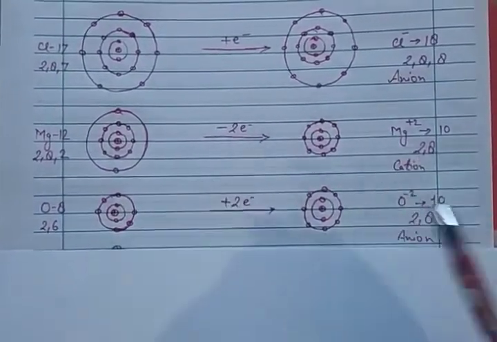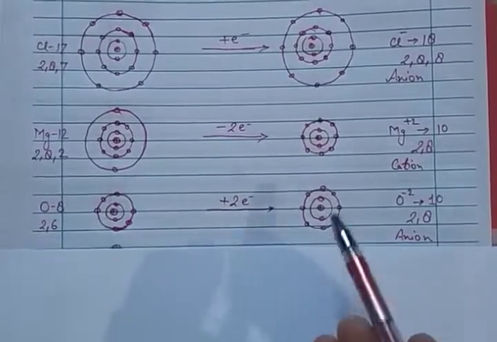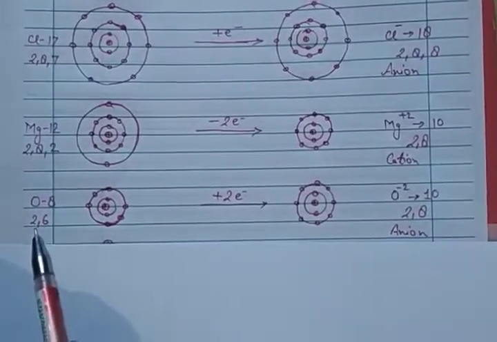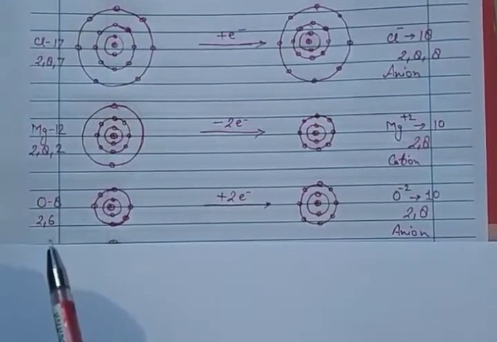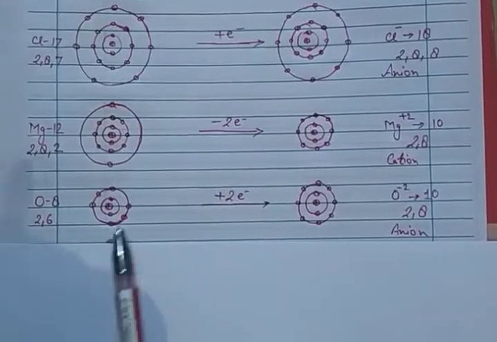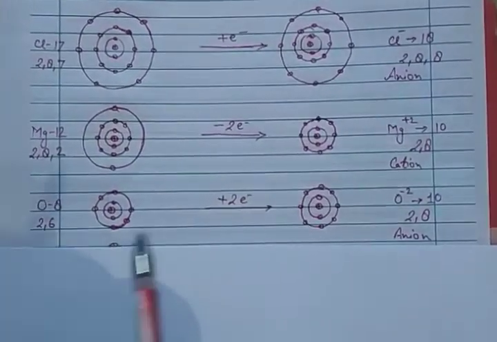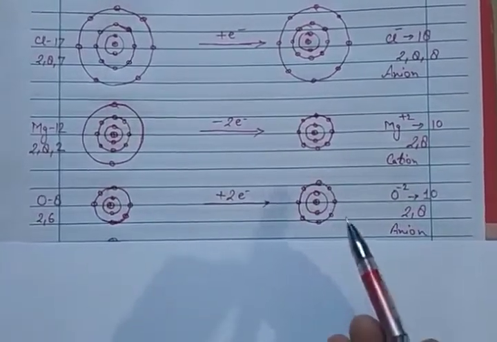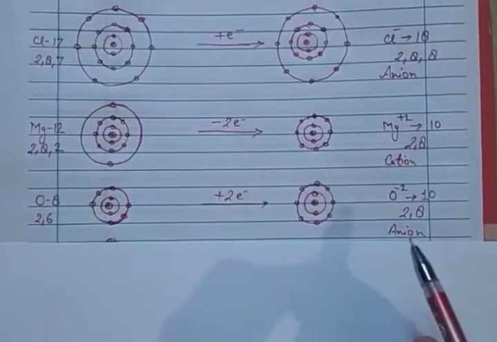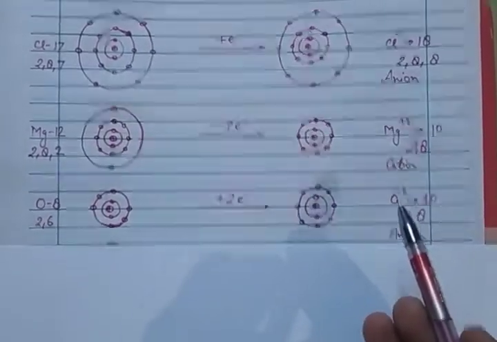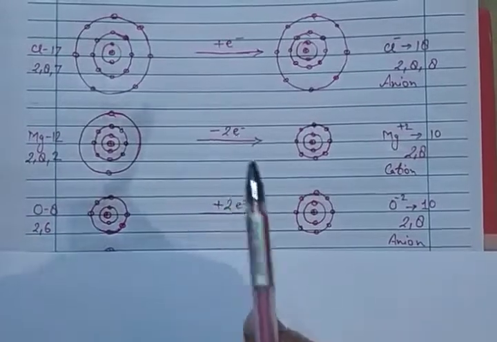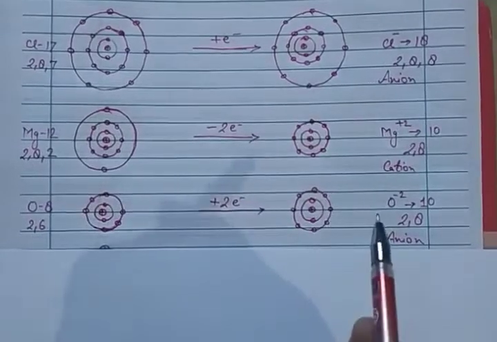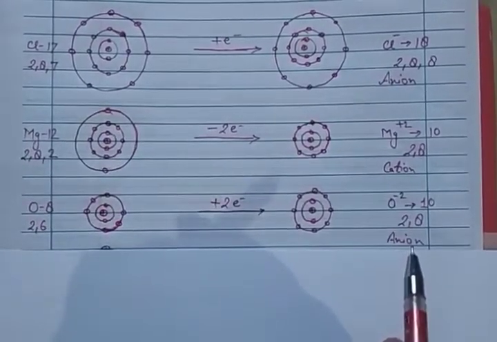This ion will react with another atom, for example oxygen, and make a compound. This is a cation. Now oxygen has atomic number 8, arranged 2, 6. It needs 2 electrons in the outermost orbit, so it gets 2 electrons from another atom, for example from magnesium, and reaches the stable 2, 8 condition and forms an anion with minus 2 charge. So basically you learned that by losing electrons, atoms form positively charged cations, and by accepting electrons, atoms form negatively charged ions called anions.